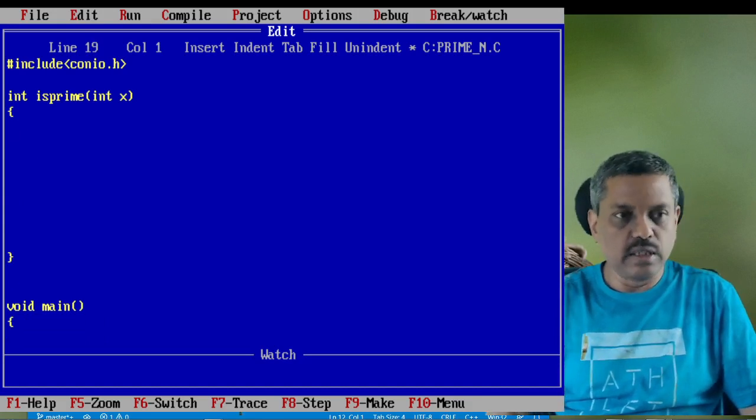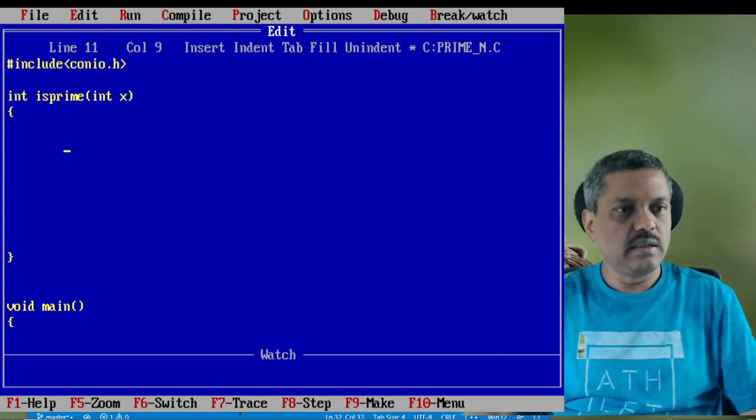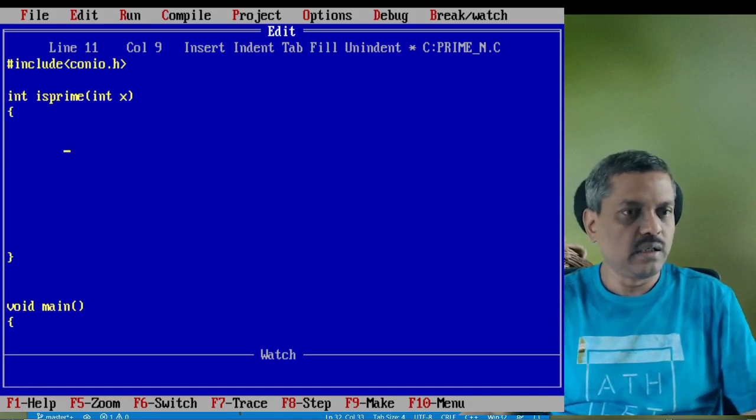So we'll see how to write this function over here, so whether it can really find out if a number is prime or not. The number n is being received by the x variable over here. It's a separate domain. It will check.